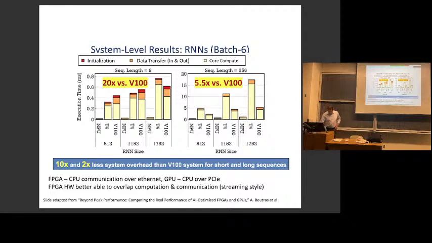So the yellow bars here are the time that it takes for compute. So smaller is better. And you can see the NPU bars are a lot smaller than the GPU bars. But they're smaller not just for compute, the yellow. They're also smaller for basically data transfer and setup. And the reason they're smaller for data transfer and setup is